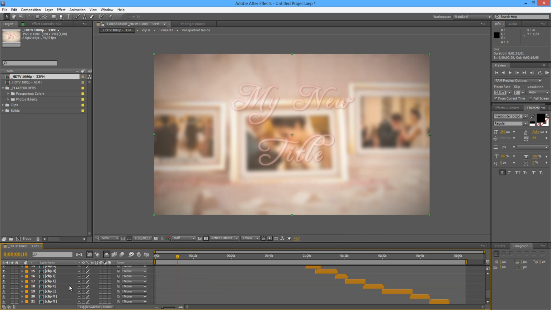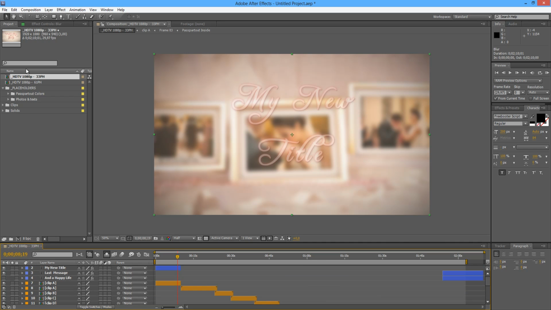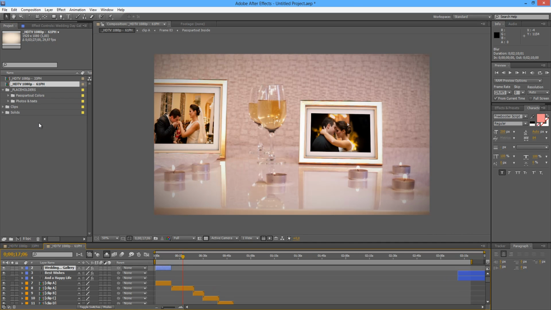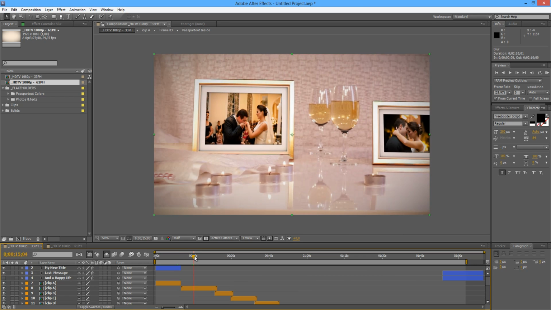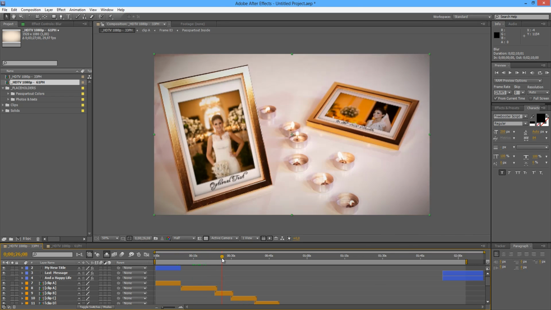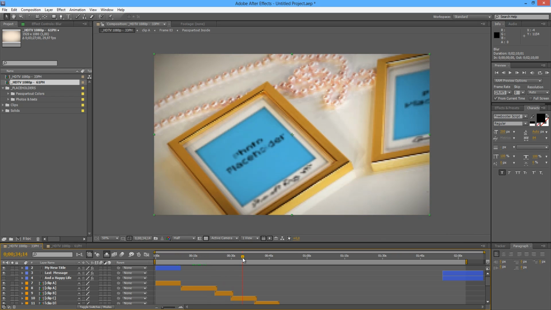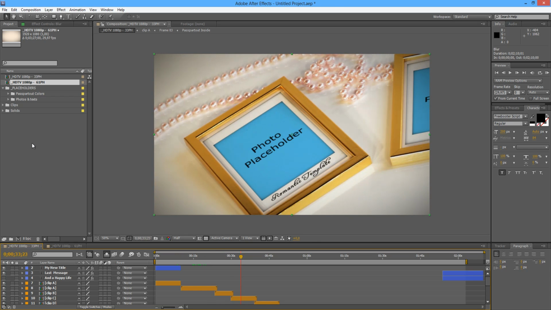Okay, so we don't have too many layers on the composition. And one more thing before I forget. We have two builds here, 33 and 61 placeholders, and you might want to do a different setup. So I have first this scene, and second I have this scene, and then third I have this scene, just to let you know. Well, probably you already know this, but you can build up any order that you feel like